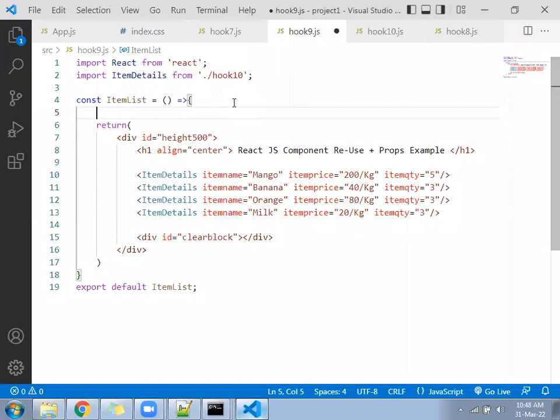You can create a constant variable. Create an array of 5 items; their name, price and quantity will come.